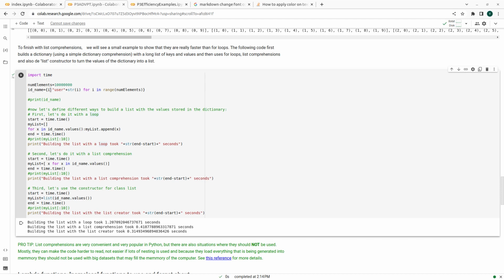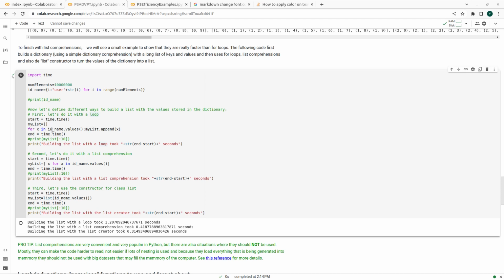For example, if the number is 2, the string is user2. So this is the dictionary, and now that no one is listening to us, this is a dictionary comprehension, the one that I told you before to go check out. But let's just imagine I have a dictionary and I just want to iterate over the values of that dictionary